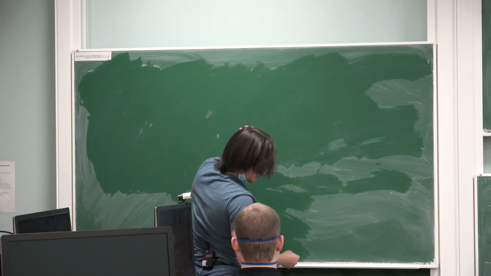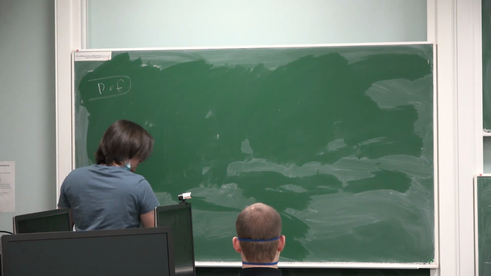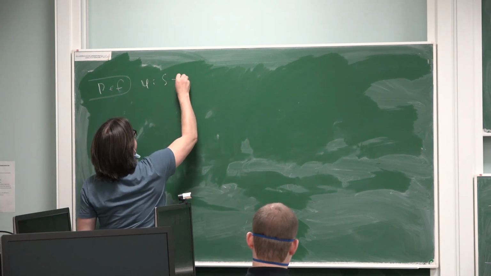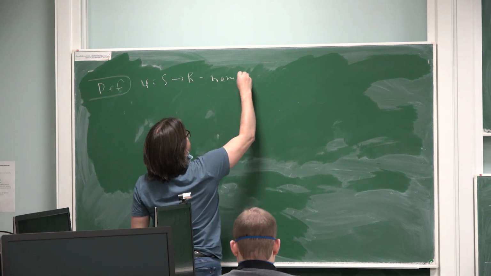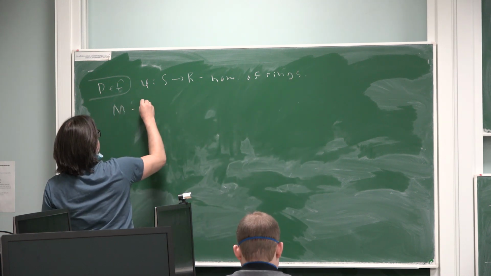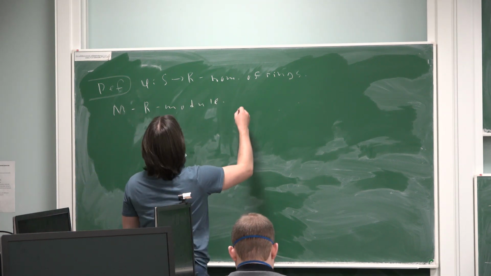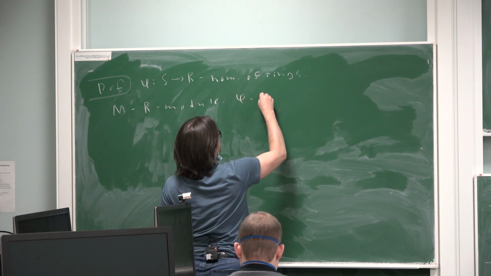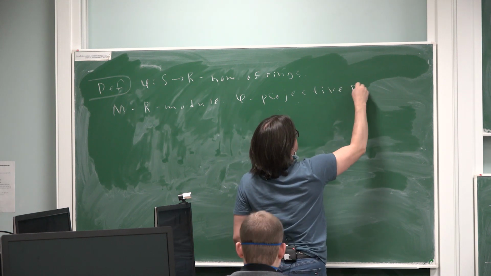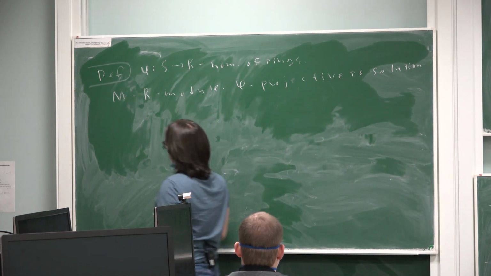Well, now another definition. Suppose that we have, as usually, phi homomorphism of rings. We have R module. Then phi projective resolution of M